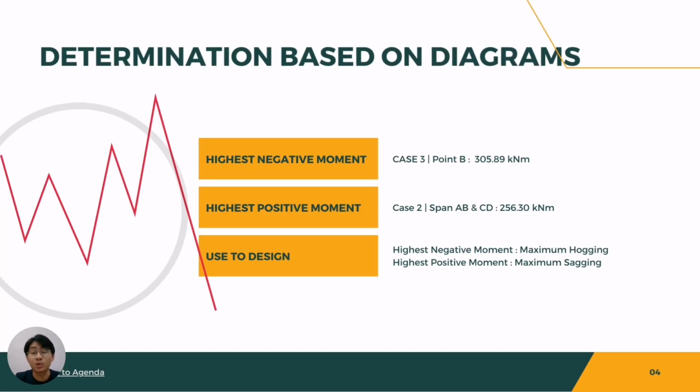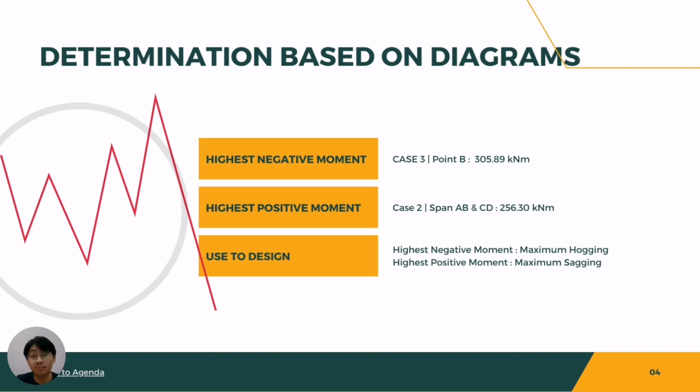Next, we should, based on the three cases, determine the highest negative moment and highest positive moment for us to carry out the design job. As you can see, the highest negative moment is at case 3 at point B with 305.89 kilonewton meters, while the highest positive moment is at case 2, which is at span AB and CD,